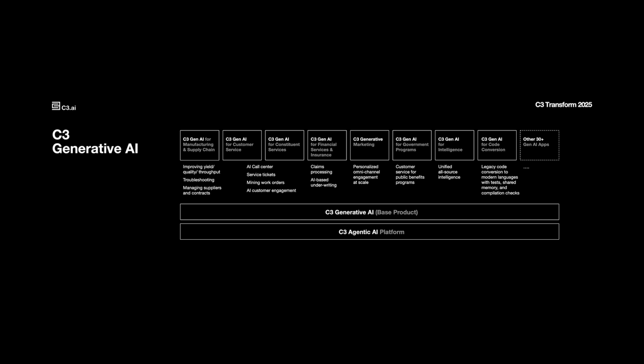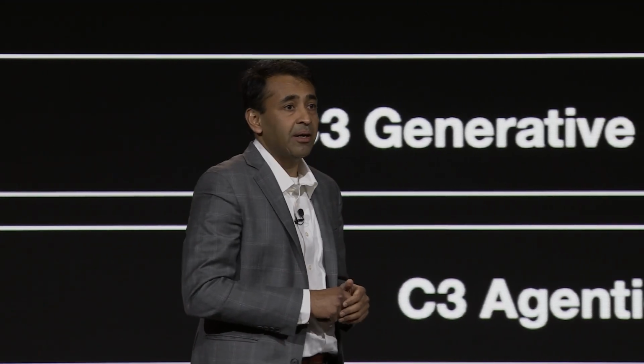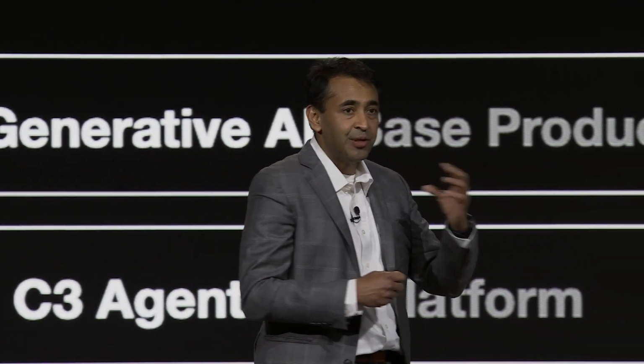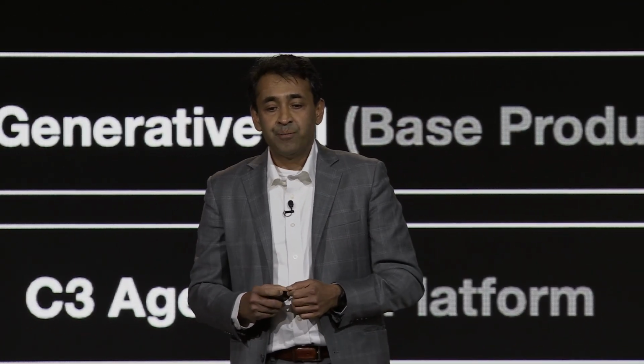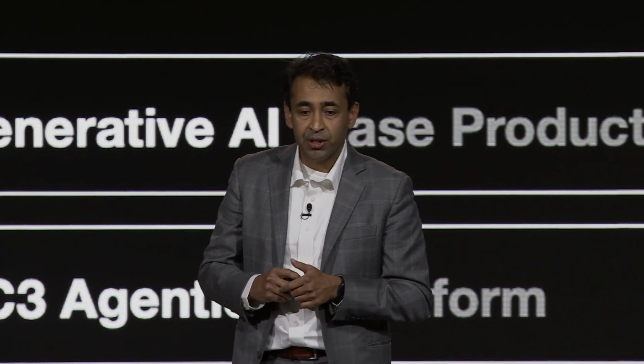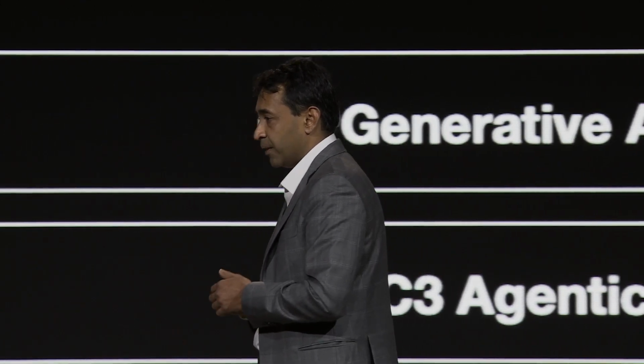These use cases are also organizing into a few big application archetypes. We're seeing a lot of traction in generative AI for manufacturing and supply chain, and a lot of traction in generative AI for customer service, with use cases like the call center and service ticketing. There's also generative AI for financial services. Gen AI for marketing is an opportunity to get hyper-personalized, surround-sound marketing content generated and sent out so that individuals get tailored messages. This is a product we're gearing up to launch. It's not yet available today.